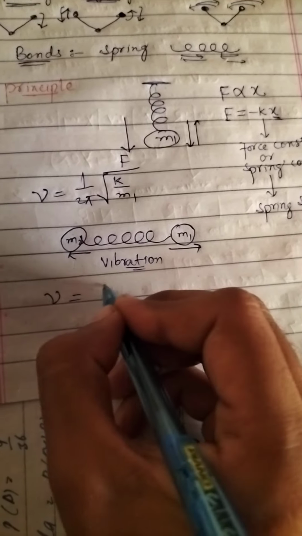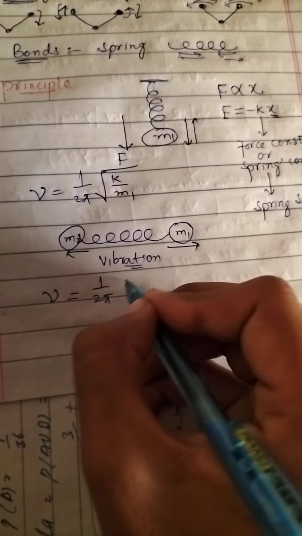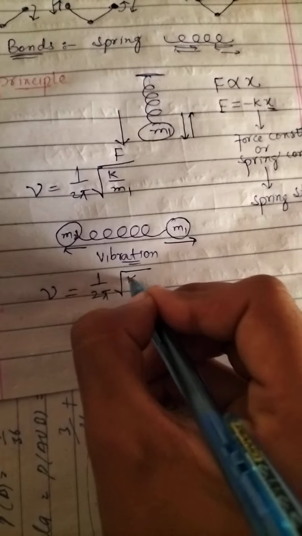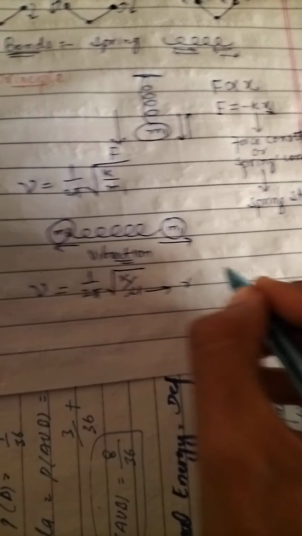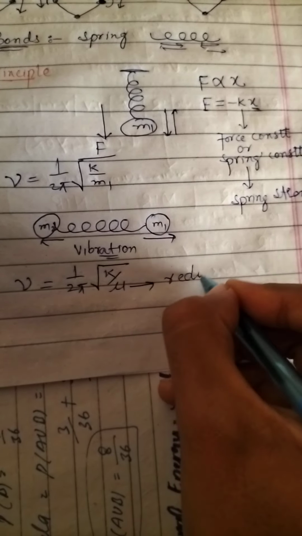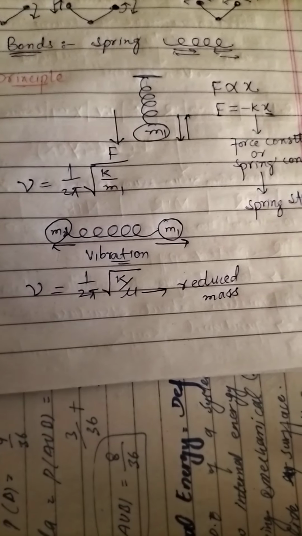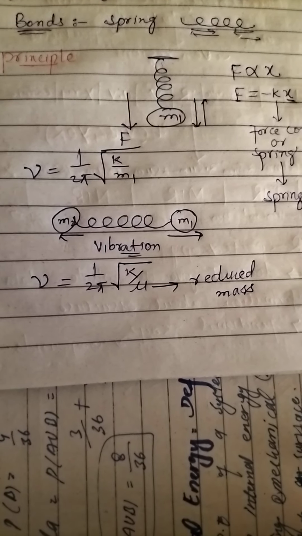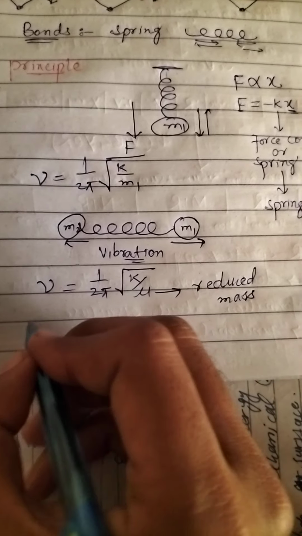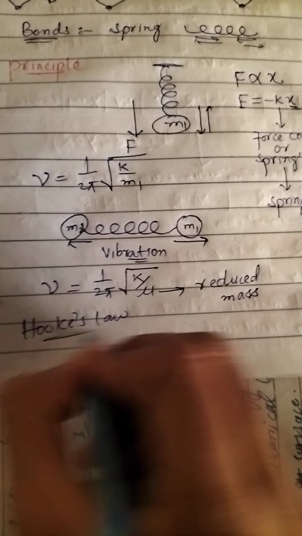Frequency for two masses will be equal to 1 over 2 pi square root of k over mu, where mu is the reduced mass of the atoms, and it is called Hooke's law. According to Hooke's law,